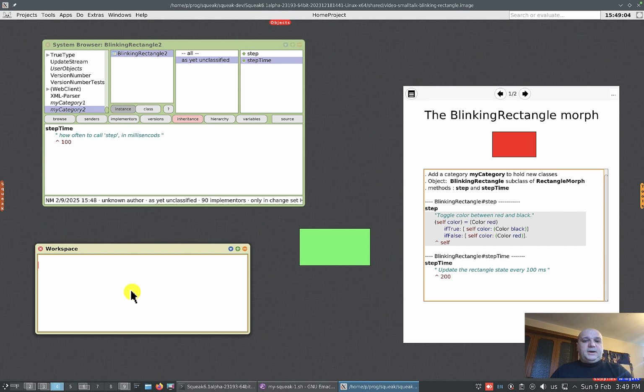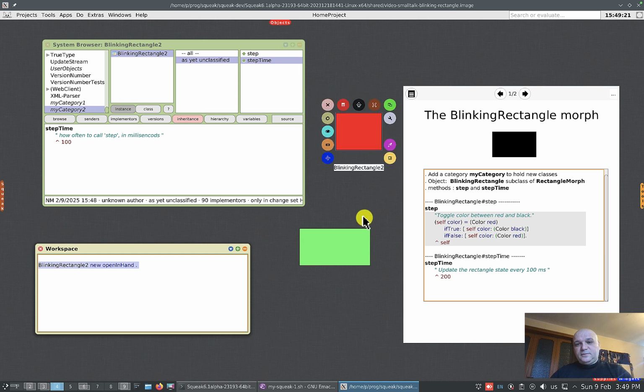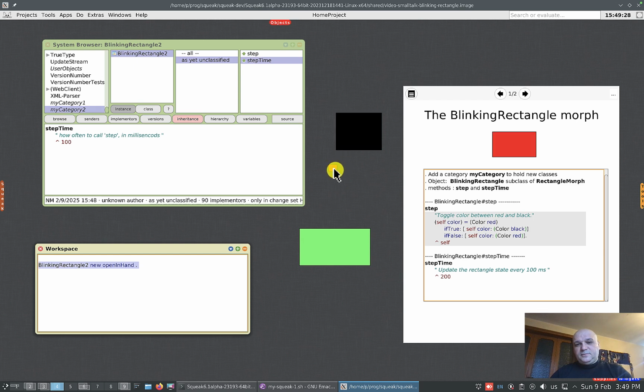So let's make an object of this class blinking rectangle 2. So blinking rectangle 2, new, open, in hand. That's it. One. Let's open another. And that's it, we made it. Okay,